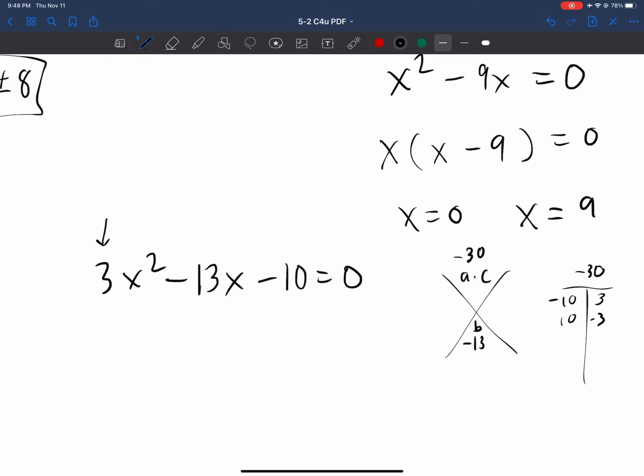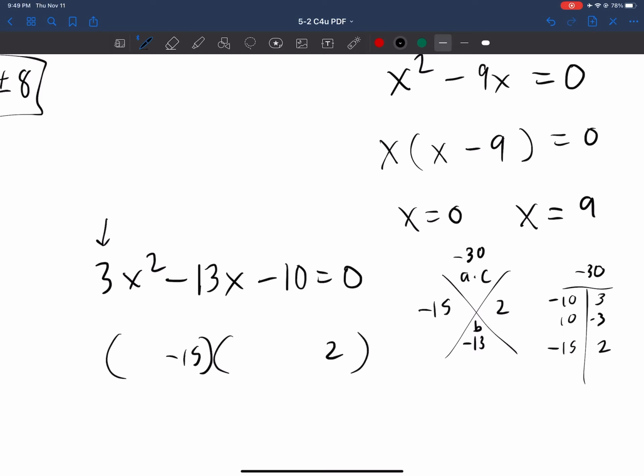So I would skip ahead. Clearly 5 times 6 doesn't work, but 15 and 2 multiply to 30, and they also have something to do with 13 when one of them is negative. So I say negative 15 and positive 2. Now, instead of factor by grouping and breaking negative 13x into negative 15x and 2x, which you can, if you're comfortable with that, continue to use it, I'm going to write parentheses, my negative 15 and my 2,